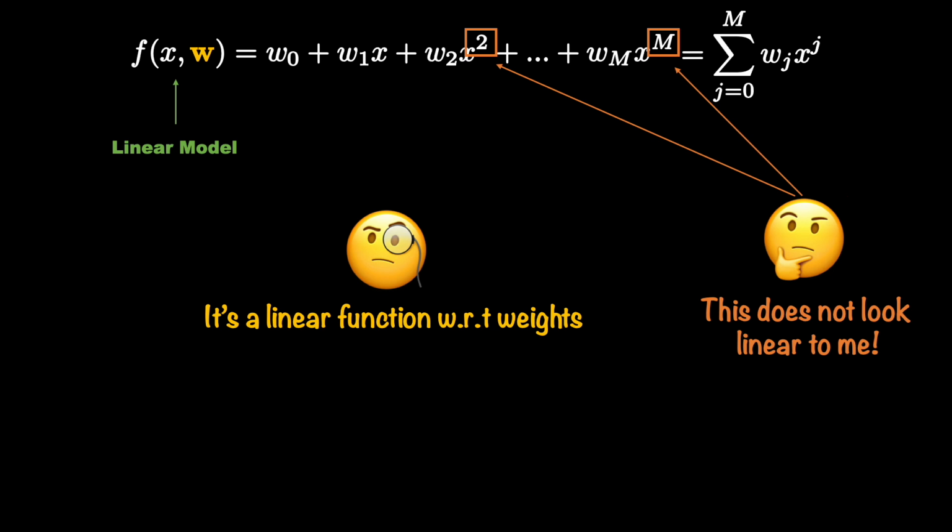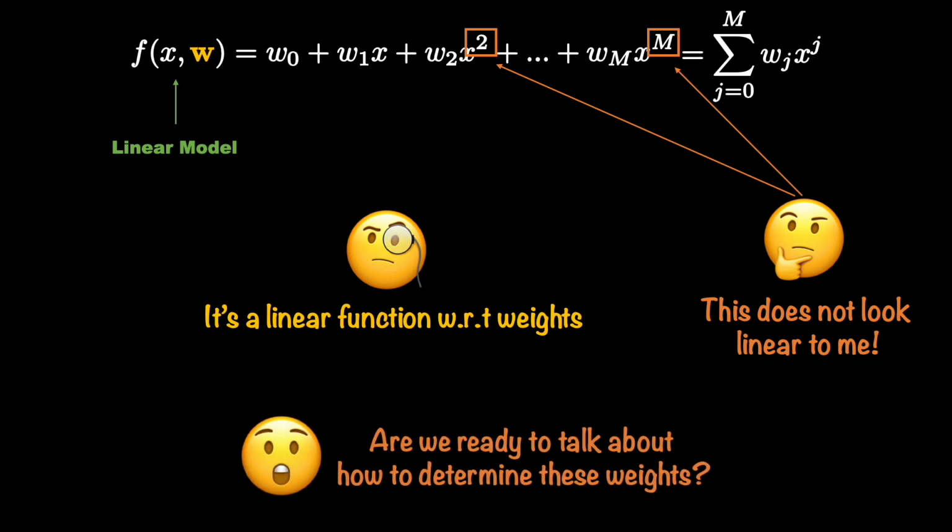More important is that having a linear model brings along with it many mathematical conveniences, and while maybe a tad bit away from the reality of our physical phenomena, this is the first place you want to start with. We will also talk about nonlinear models during this series. So the model is specified and the job is to determine the values of these weights, the W's. But before we do that, I want you to be aware of some different formulations of our independent and target variables that would help us in finding various solutions.